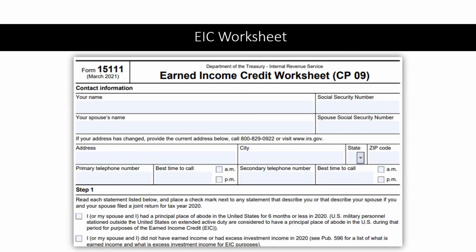So then we also have the EIC worksheet, and this goes through all of those general questions that can qualify or disqualify a taxpayer for claiming the earned income credit. And the Schedule EIC you'll pull up when you pull up the PDF preview of the return in TaxSlayer, and usually they're towards the end, so you scroll all the way to the end